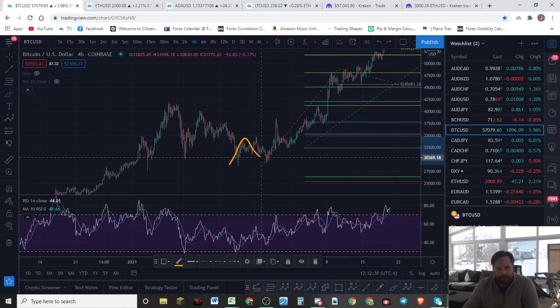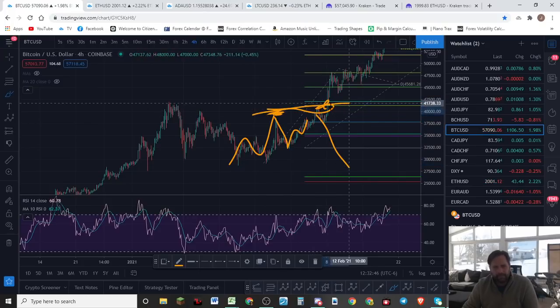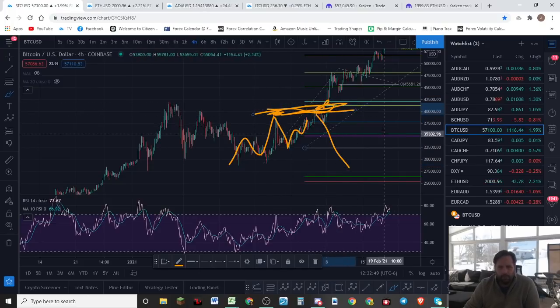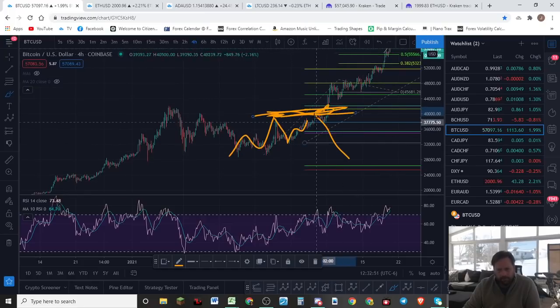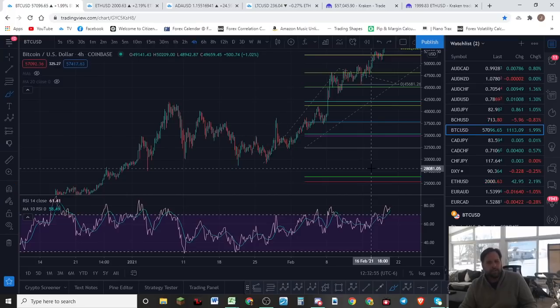So when I called this particular potential, I said we're going to get a little 3-wave, but if we cross this top, I'm going to be thinking a lot more bullishly than bearishly. And so this was the place where we started looking more bullish than bearish, rather than looking for this downside move. If you remember those videos and those ideas when they played out.